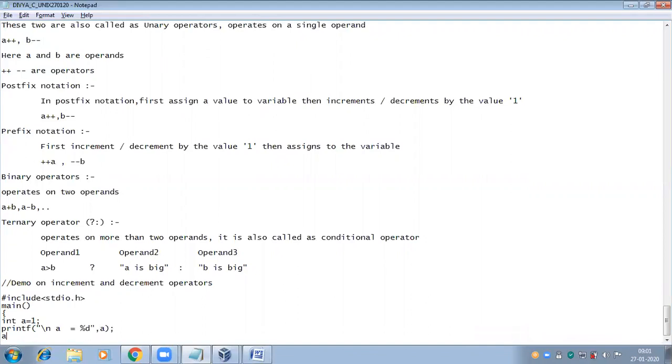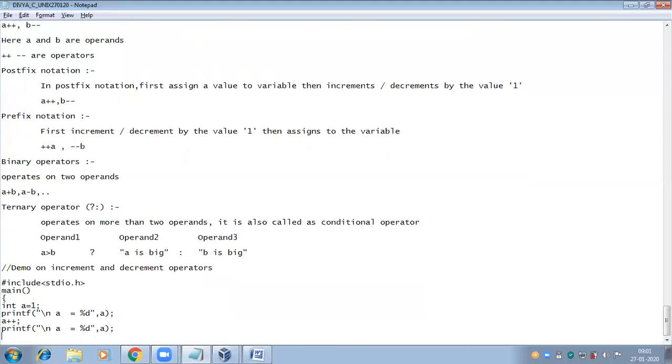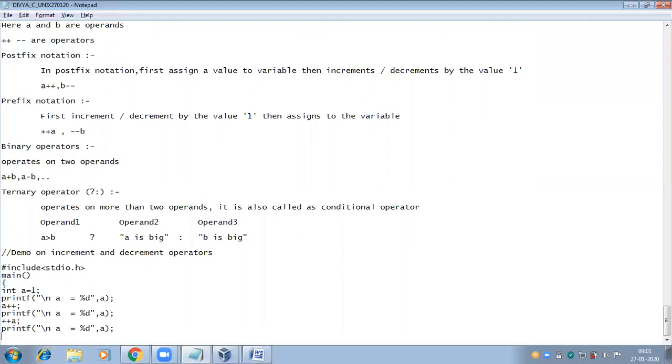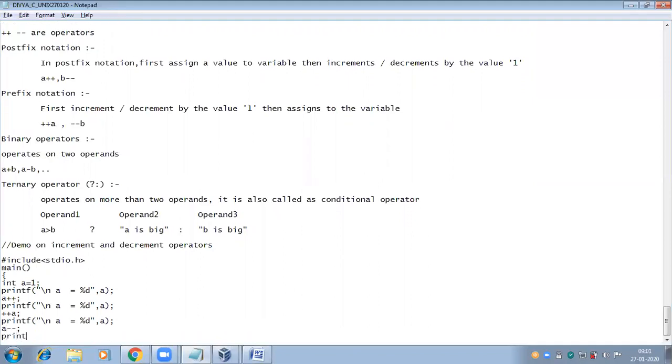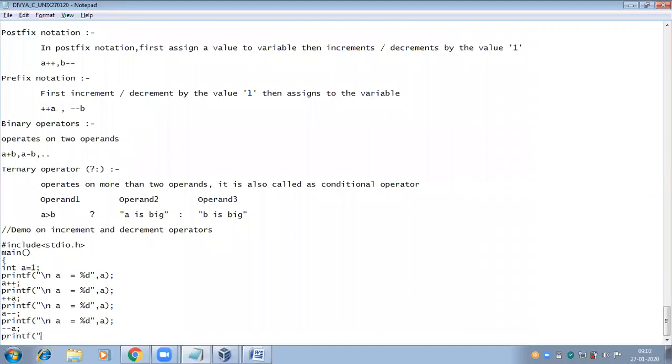Then A plus plus: after incrementing the A value by 1, A will be 2. Plus plus A, printf A value. A minus minus, then A will be decremented by 1. Minus minus A, printf A value.